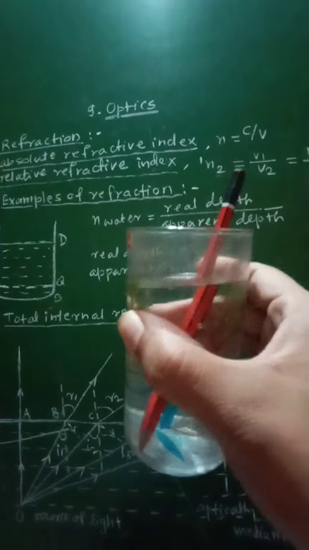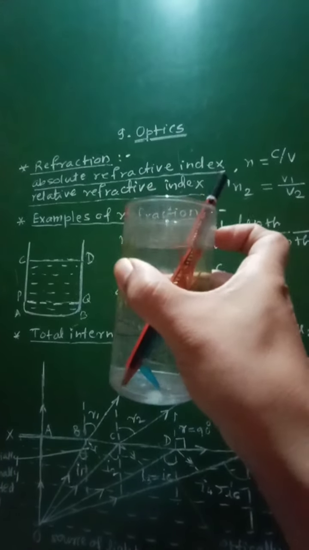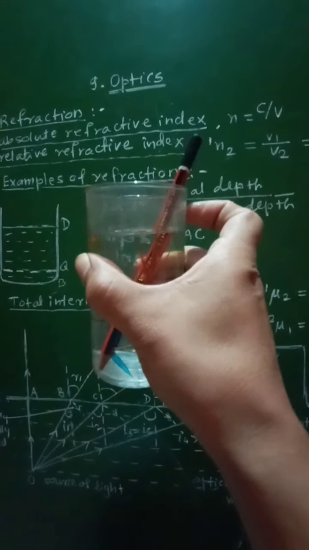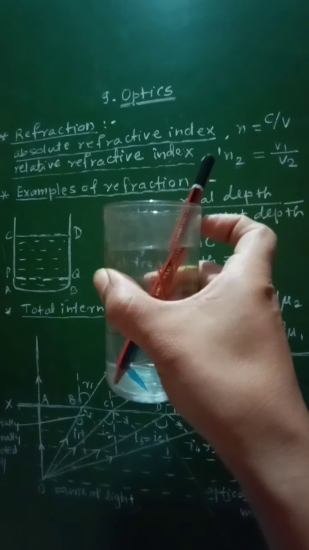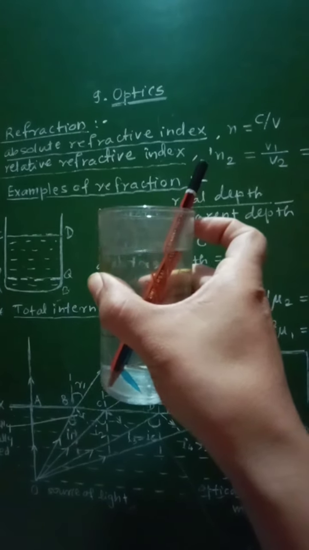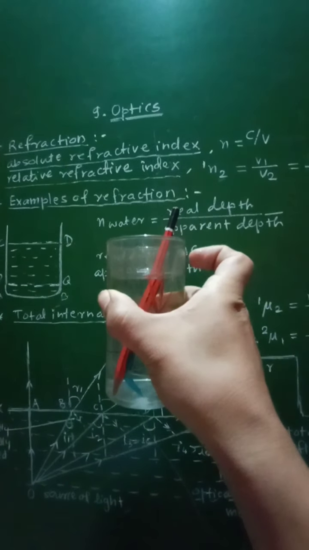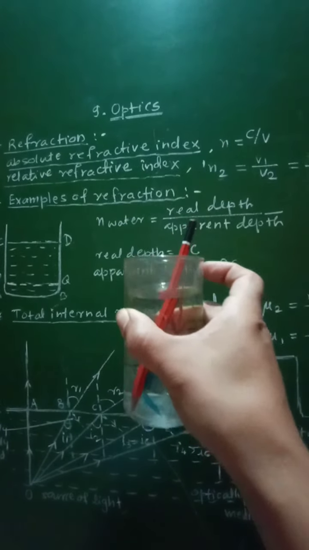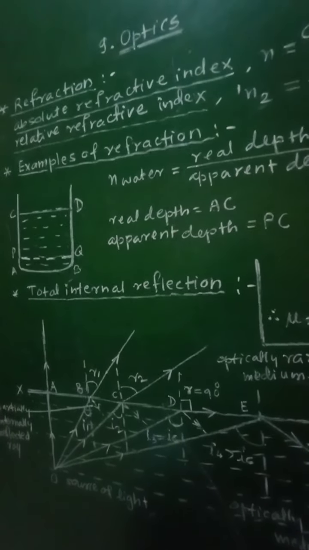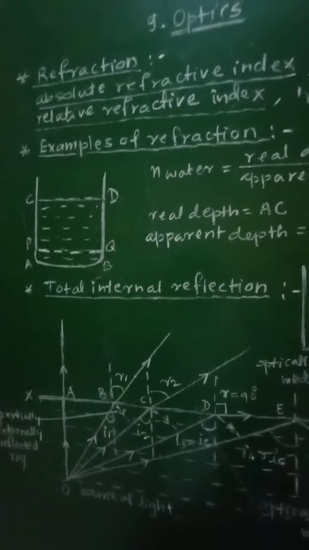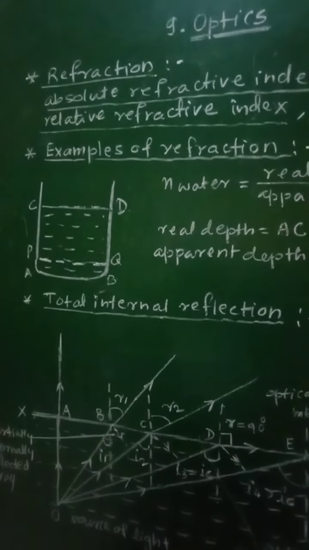Now in that glass, this pencil is kept obliquely, so that at the surface of the water it is observed that the pencil is broken. Along the same straight line, the pencil will not be observed. At this position at the water surface, it will be observed that it is bent or broken, and therefore these two examples explain the illustrations of refraction in our day-to-day life.